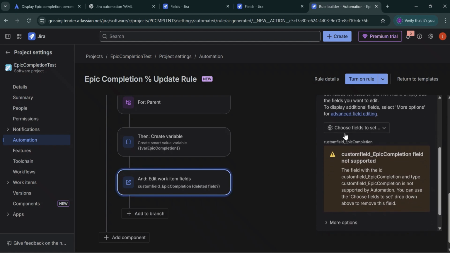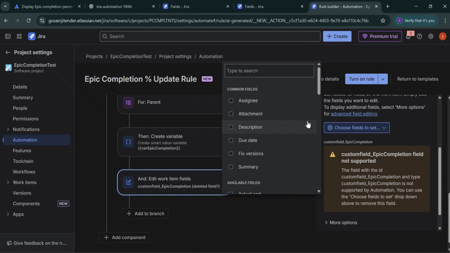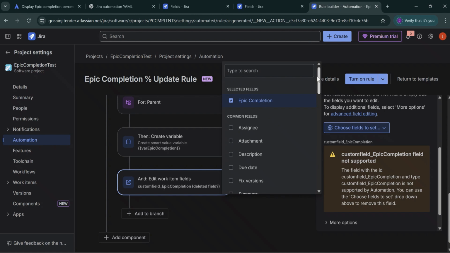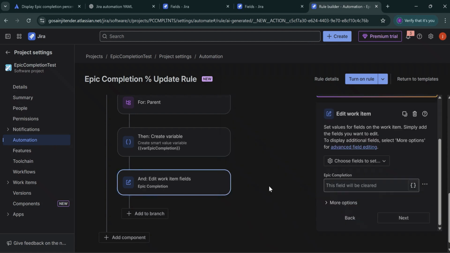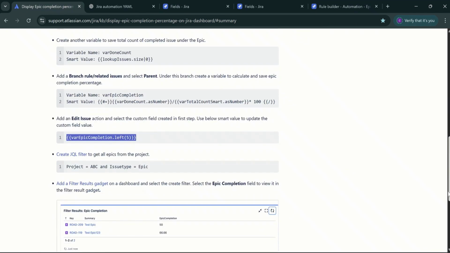So let's see whether we have this field selected in order to update. So this one we can remove, but let's see whether we have the epic completion. So this is our epic completion field. So we have selected this one. We can say add. And now, if we look at the last part of this article, it says that, okay,